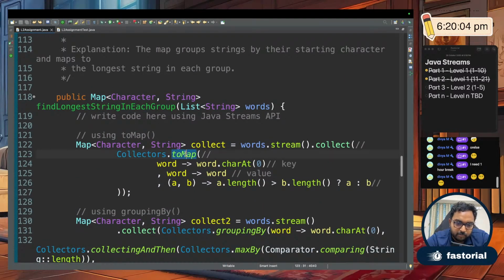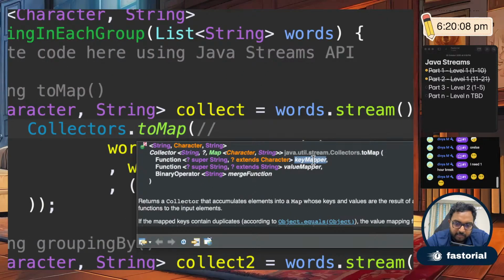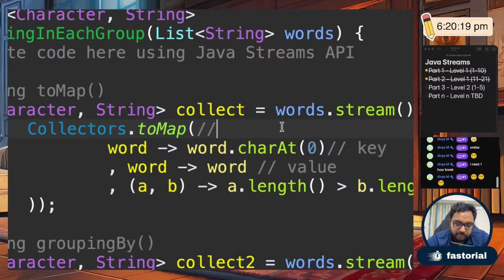The first one is a normal toMap function in which you can say what is a key mapper. The key mapper is simply the first character, the value mapper is the value itself, and the merge function says whichever has the longer length, pick that up. So if you see here,